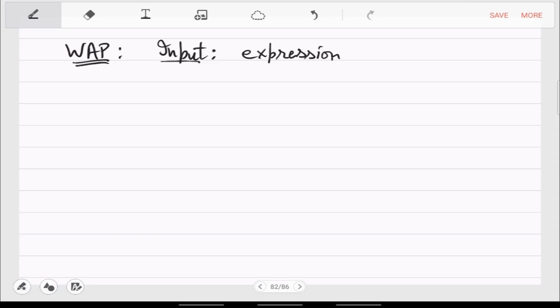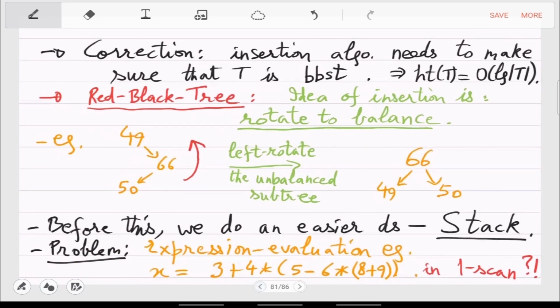As a string, you would have to do string matching, etc. Let's say that it is presented in an array, which means that 3 is the first element, plus is the second element, 4 is the third element, and so on. So you can present this neatly in an array.